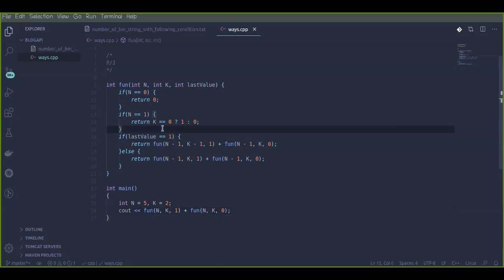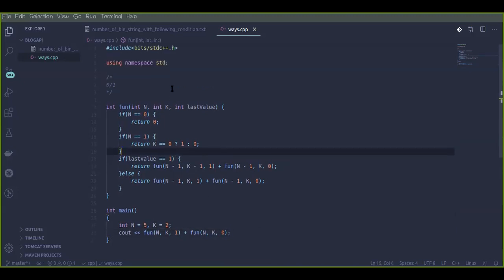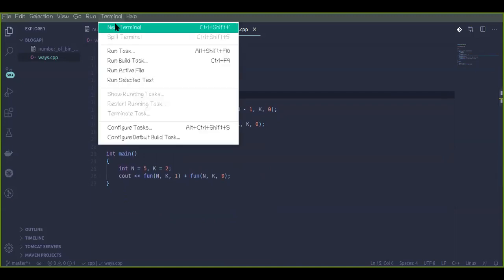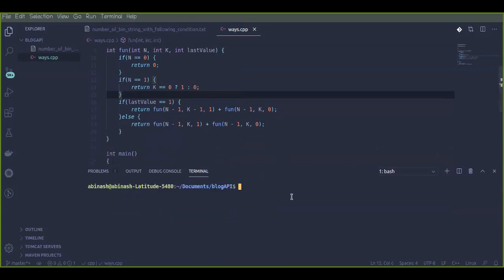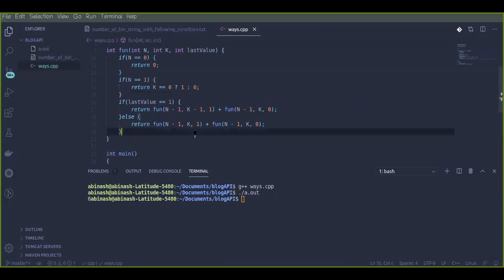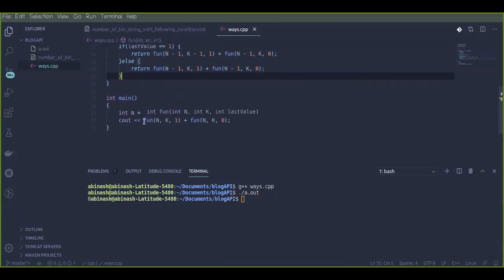Let's test it out. And again I want to tell you that the complexity of this solution is exponential. That is why we will reduce it. So it is giving me 6, as you can see. Okay, so it is 6, or we can clearly write it if it is not visible.